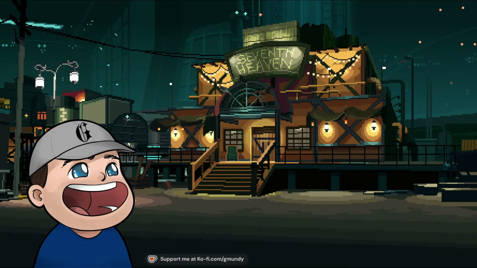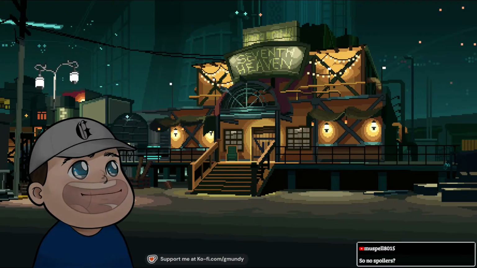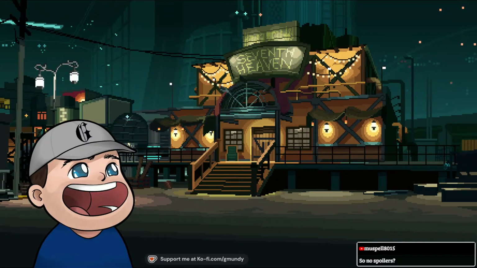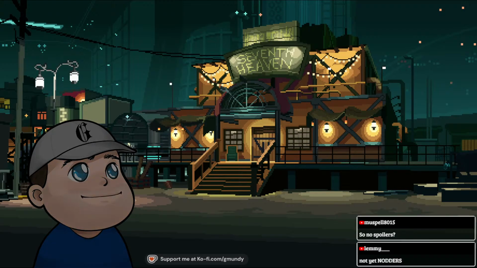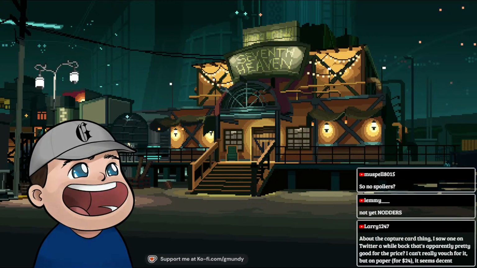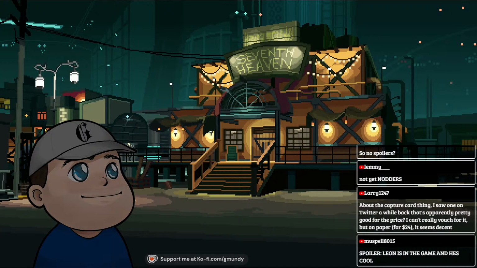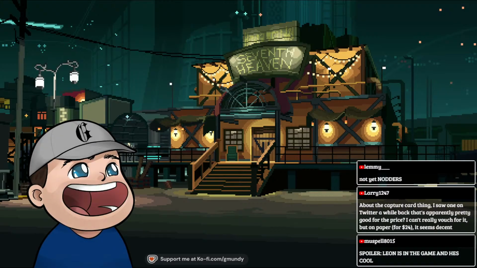Oh yeah. Having a choice is fine, but we'll try to keep it light. I was trying to safeguard my friends from seeing spoilers, so I have seen some spoilers for the game. I just have not revealed which spoilers those are, but yeah, we'll try to keep it relatively light. Well, yeah, we'll see. Leon's in the game.